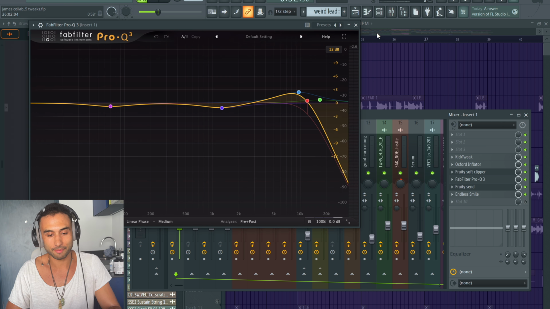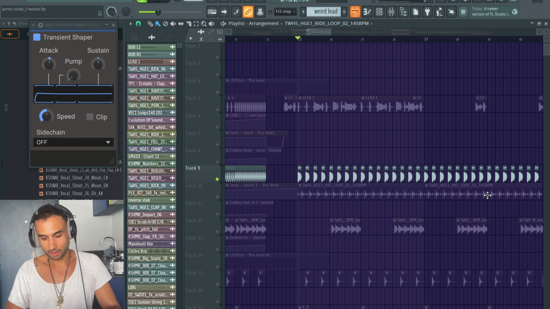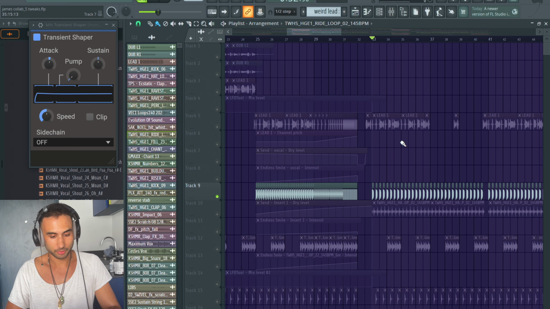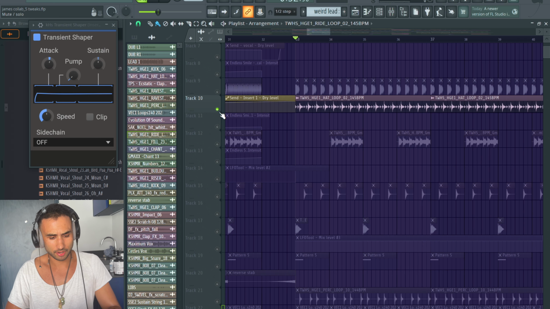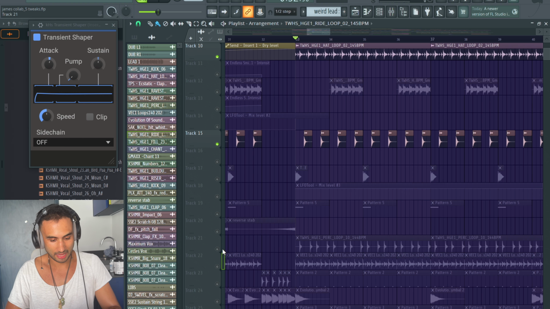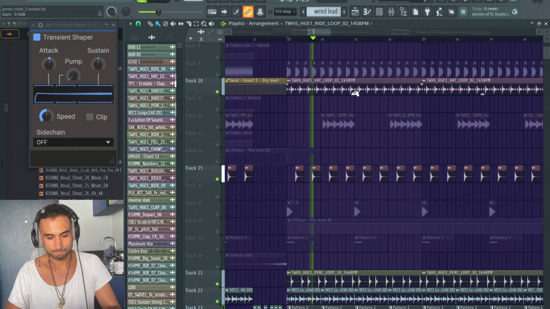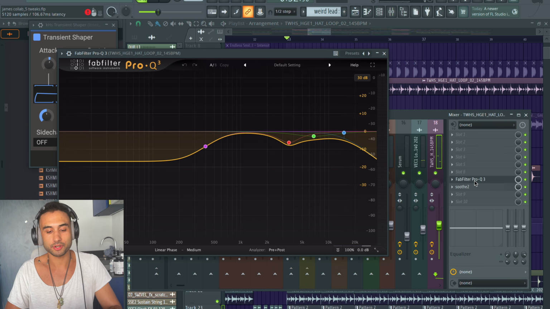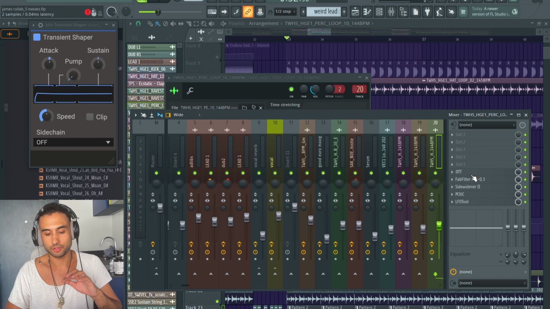A little FabFilter just to EQ things. Fruity Send and Endless Smile are actually just there for the build, which I will show you guys after. Next, we got various different drums, hats, claps, little percussion loops. There's just different layers, and I'm just using a bit of FabFilter and Soothe on most of them to balance and clean them. But on the elements that I want sitting more forward, I use OTT